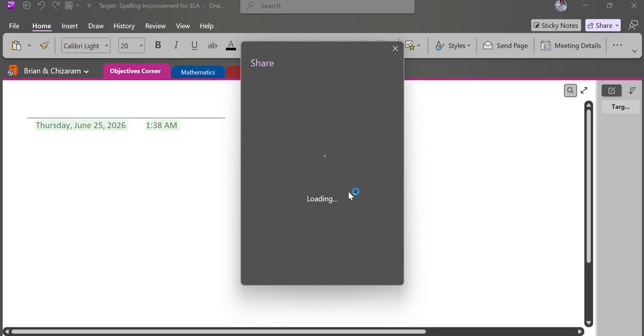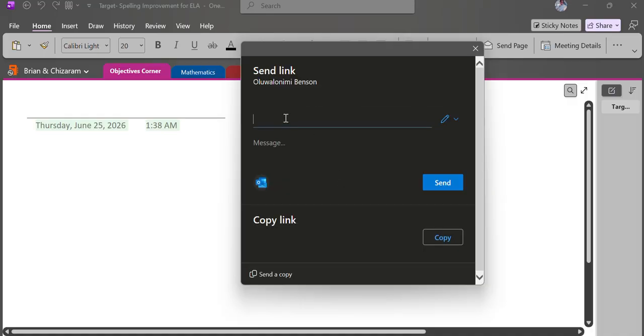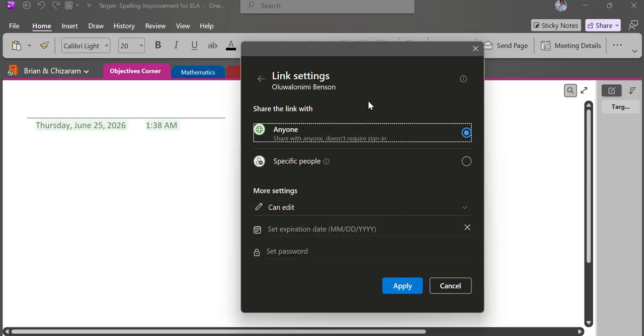So what I did was to click on invite. So this is it. You can see, anyone with the link can edit. Do I want that? Can I trust my learner? Am I sure my learner can manage and do everything well? So if I am not sure, then what I would do is choose specific people, or I can come here